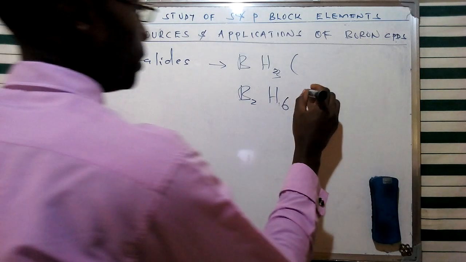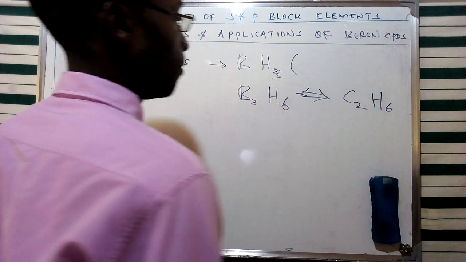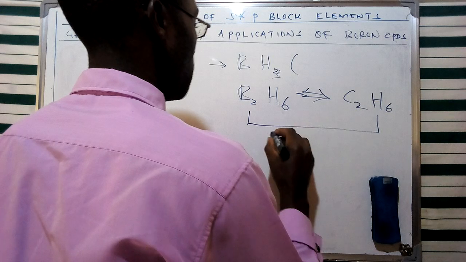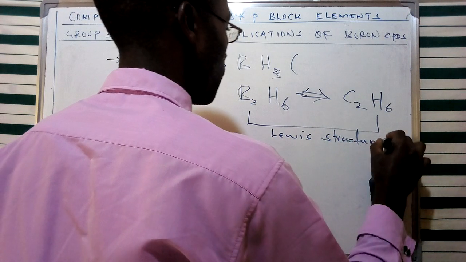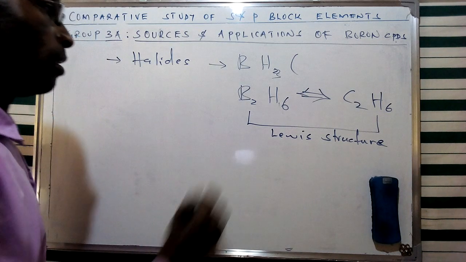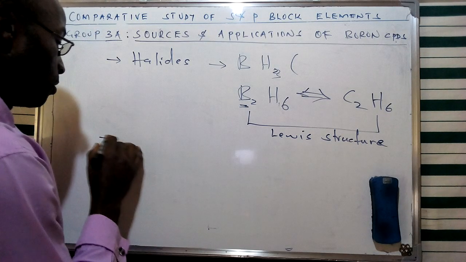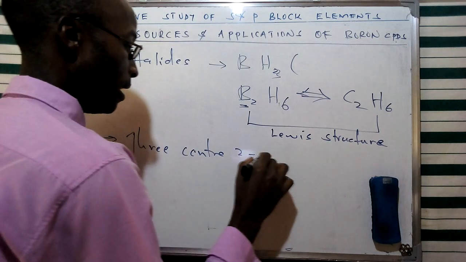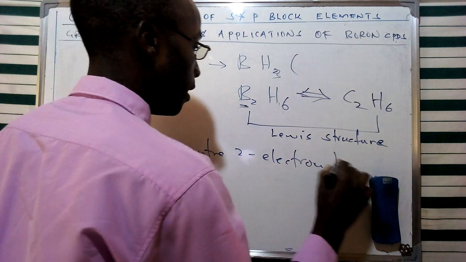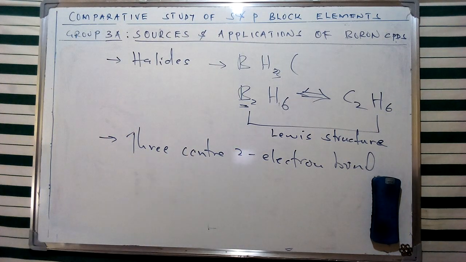And we compared this one with a member of the alkyne series, which we looked at in terms of their Lewis structure. I mentioned that in contrasting these two members, due to the deficiency of electrons around its central atom, this is going to form a structure that encompasses what we refer to as a 3 center 2 electron bond. This bond is basically a bridge that is going to connect 3 atoms using 2 electrons in this specific case.